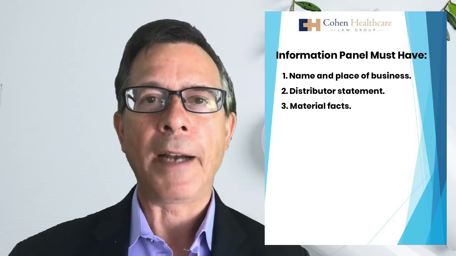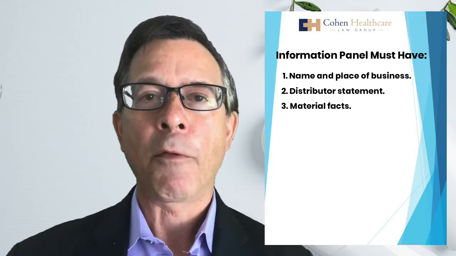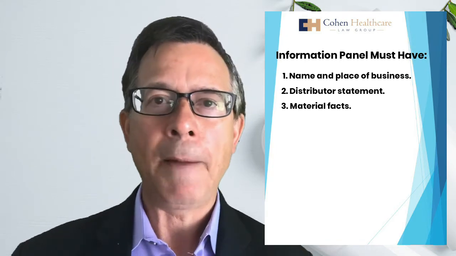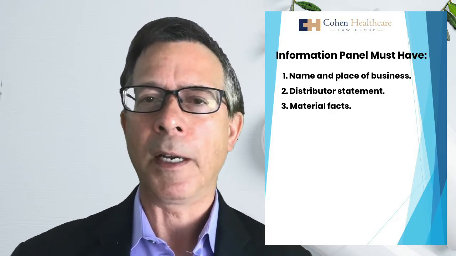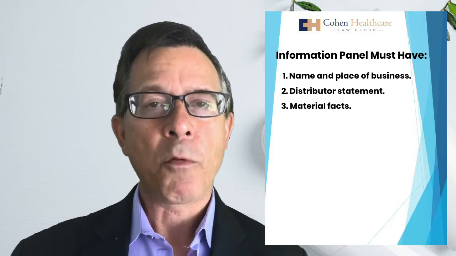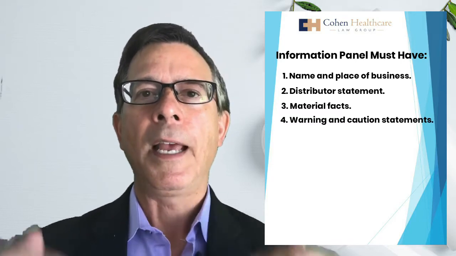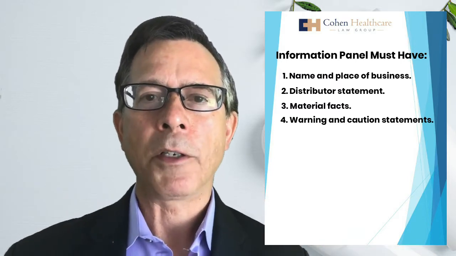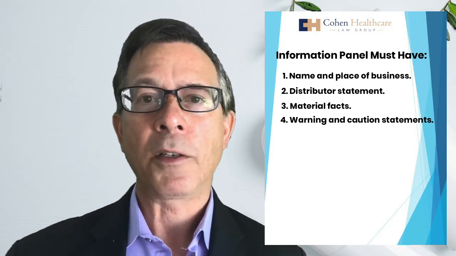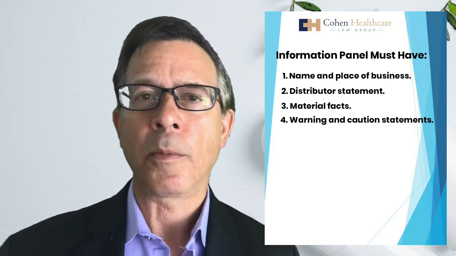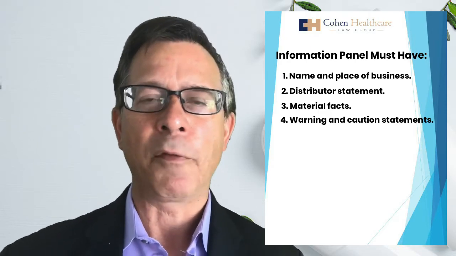Three, material facts. Failure to reveal material facts is one form of misleading labeling and therefore makes a product misbranded, very bad. An example is directions for safe use, if a product could be unsafe if used incorrectly, so you've got to have that information. And four, along those lines, warning and caution statements. Now, these statements have to be prominent and conspicuous. The caution statements, there are some that are very specific that are in the regs, and cosmetics that are hazardous to consumers have to bear appropriate label warnings. So, for example, flammable cosmetics, you've got to flag that.